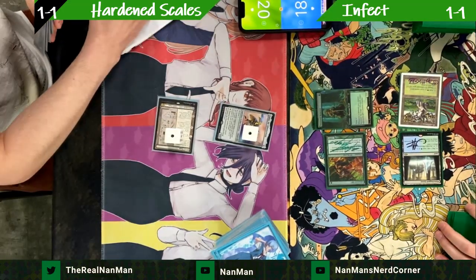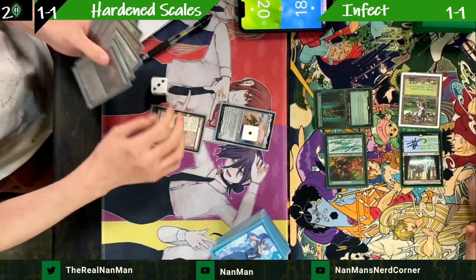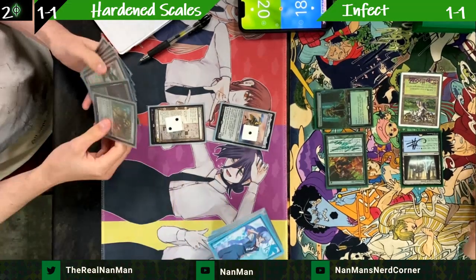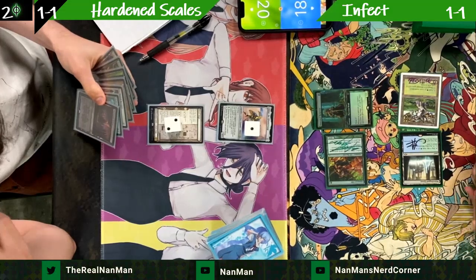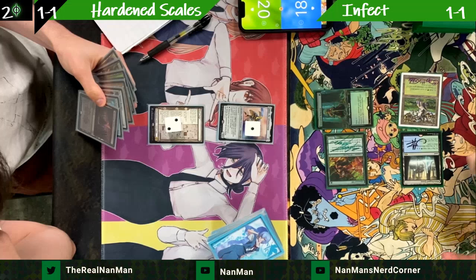Let's make him a little bigger. There's 2. So there. Hey, remember how we talked about games with Walking Ballista? There's a Walking Ballista in hand right now. So that's the other thing. It's like, all right, if we don't use the Pendelhaven to push for damage, we have it for protection. If we do it